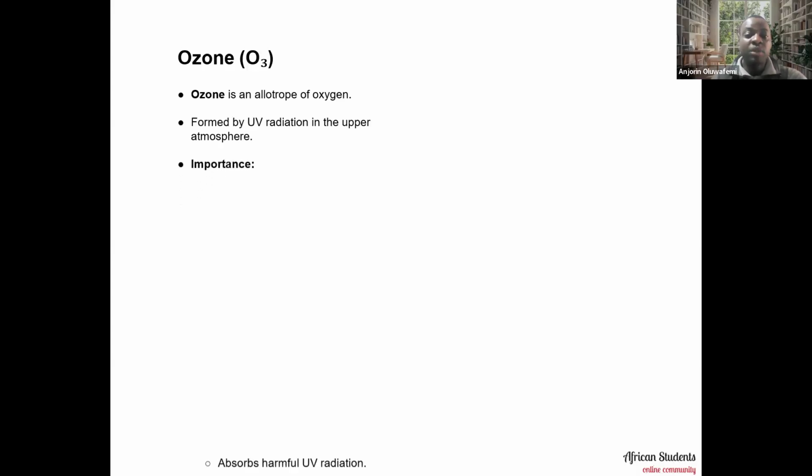The next thing that we need to look at is ozone, which is O3. Ozone is an allotrope of oxygen formed by UV radiation in the upper atmosphere. So ozone is formed by the ultraviolet radiation in the upper atmosphere, and we said it's an allotrope of oxygen. The importance of ozone includes it helps to absorb harmful UV radiation. The reason why it seems as if we are shielded from this radiation is because of ozone that helps in